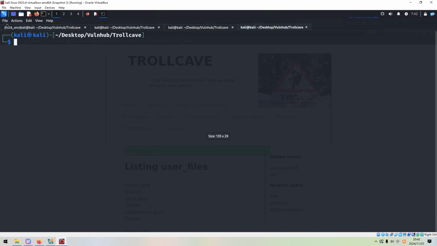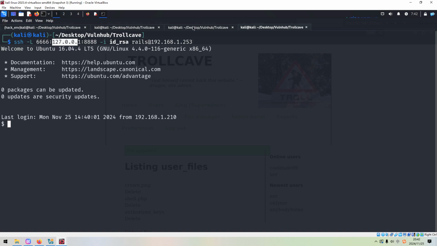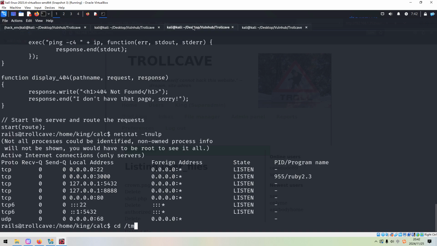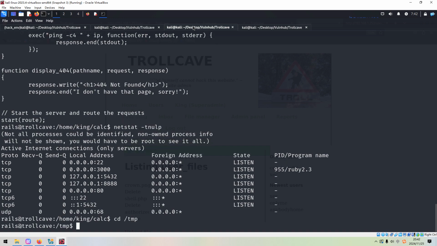First, how to do? We can use SSH, and maybe this is okay, 666. This is the local port number on the Kali Linux, and this is the destination or remote machine. Of course, in this case, the remote machine is the target machine itself. Now we can press enter. It's done. Now we can go to the temp directory to create the shell script.